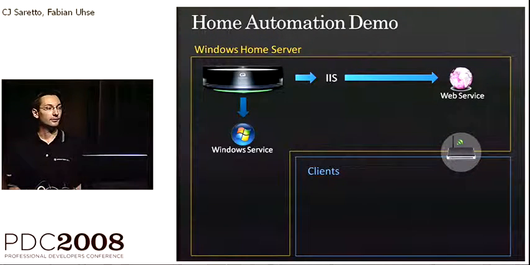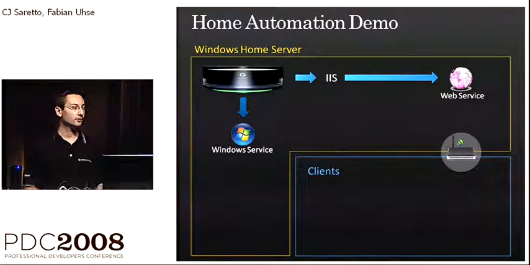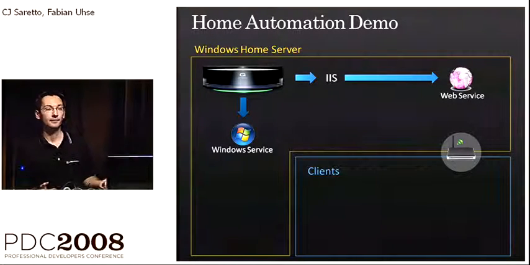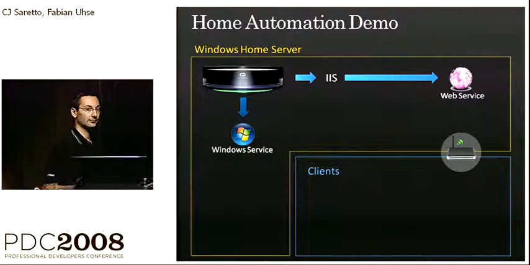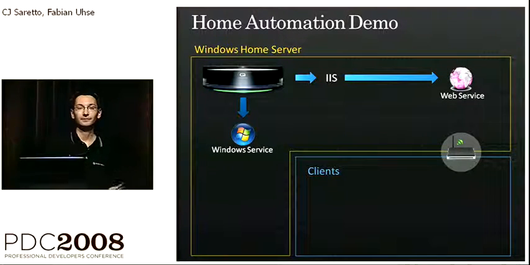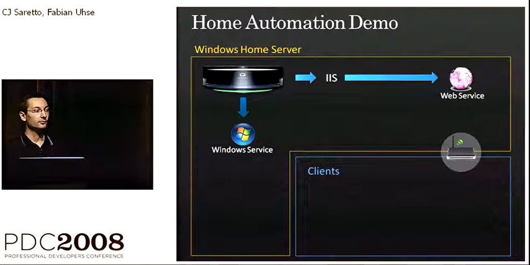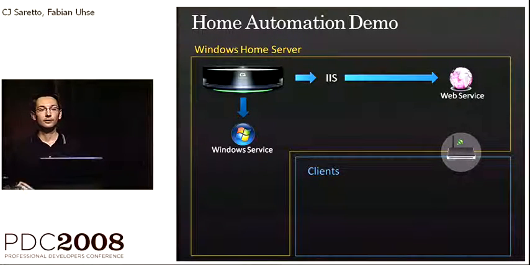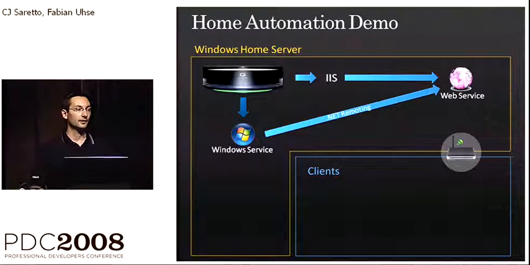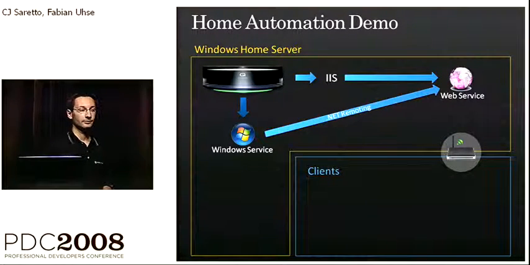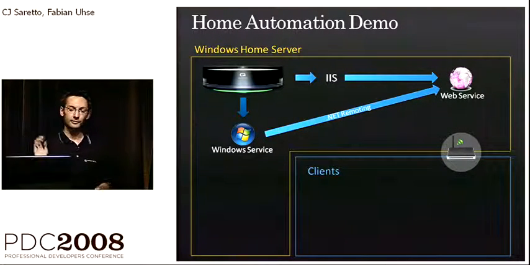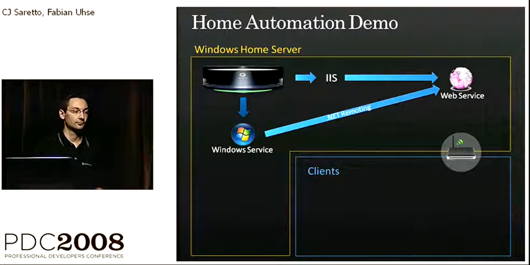We also have a web service. Windows Home Server is basically a Windows Server 2003, and of course you have IIS running on it. So you have a predefined environment, and you can easily stand up web services, for instance. We use this web service to expose all the functionalities of my home in the home network. In order to do so, we used .NET Remoting and just gave it a meaningful name and a TCP stack. You're going to see this later when we go through the code.